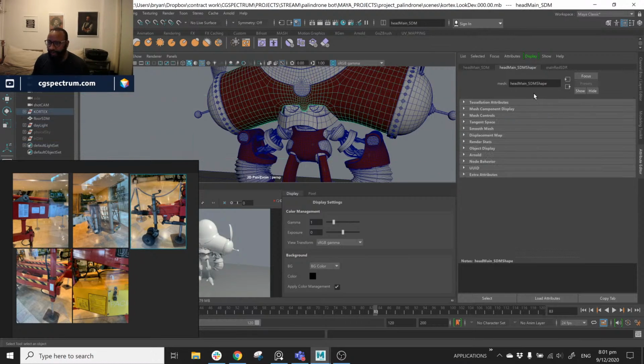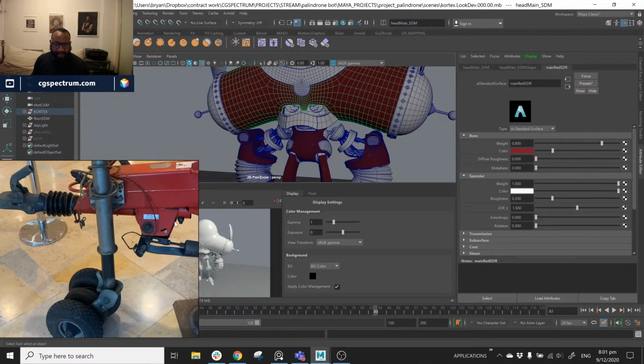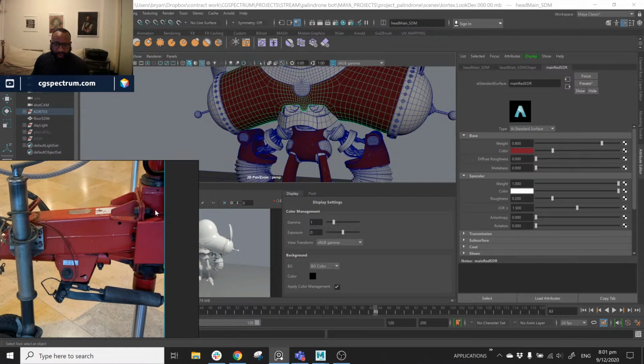Here's the other trick that you can do. Let's find one that has a good mixture. There are some really dark parts here, some really bright parts here, and then some middle of the road parts here. If I double click